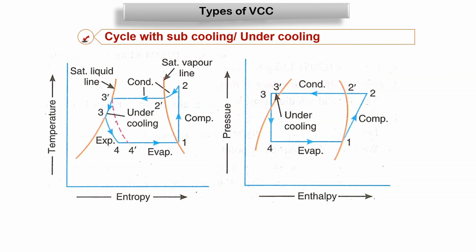Then there are a few applications where we require very low temperature. For example, right now we have COVID vaccines, and those are stored at negative temperatures, much less than -19. So all these things are possible because of the vapor compression refrigeration system. Or it can be cryogenics also. Then the next point, which we have already discussed, is that the COP of the vapor compression system is very high.